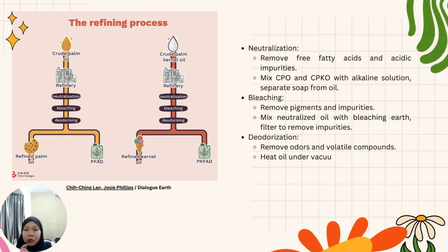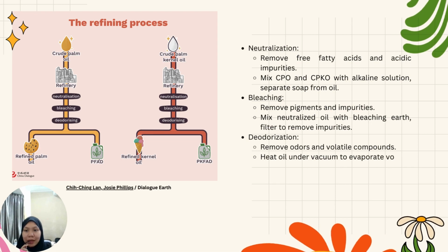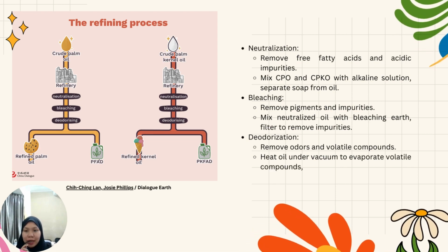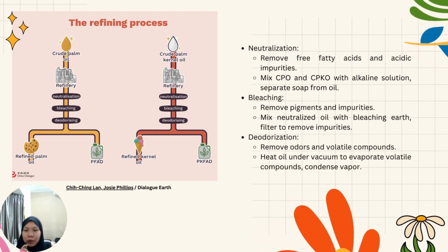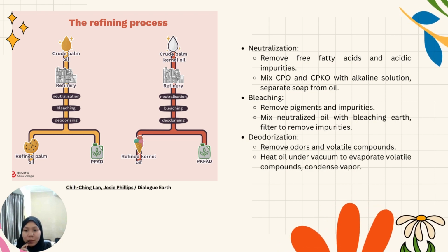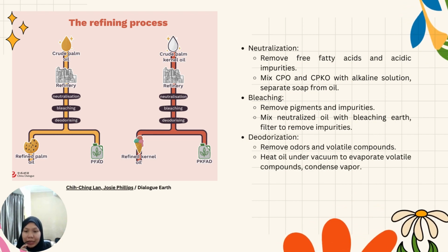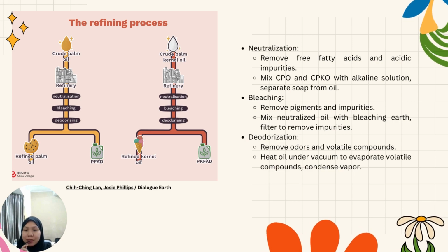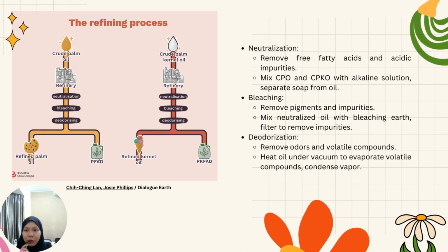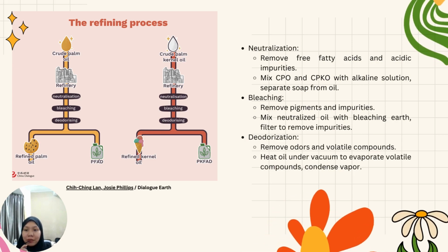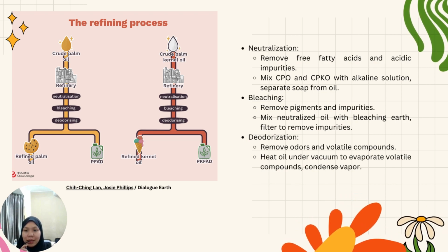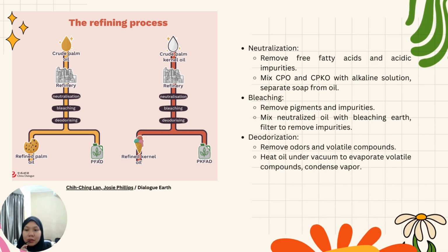Second, bleaching aims to remove pigments, trace metals, and other impurities that affect the appearance and shelf life of the oil. Both CPO and CPKO are mixed with bleaching earth, such as activated clay, and heated under controlled conditions. The bleaching earth adsorbs soap impurities, forming a slurry. The mixture is then filtered to separate the bleaching earth and absorbed impurities from the oil,